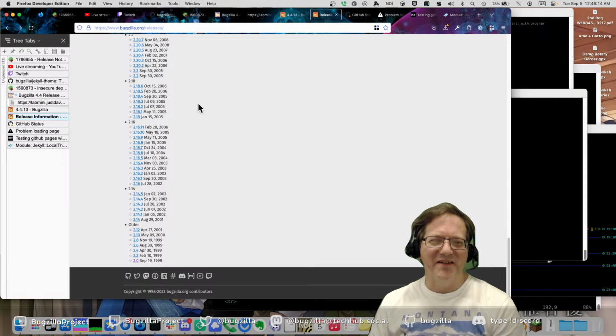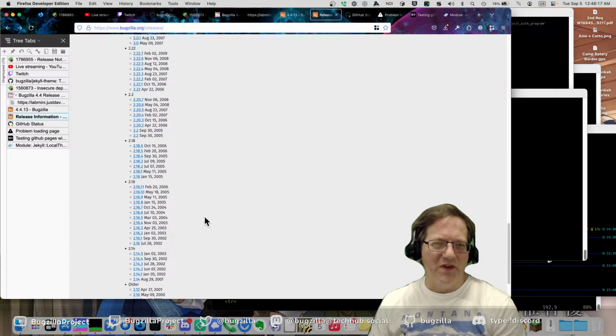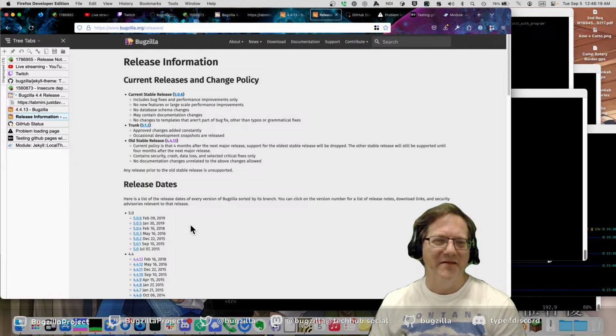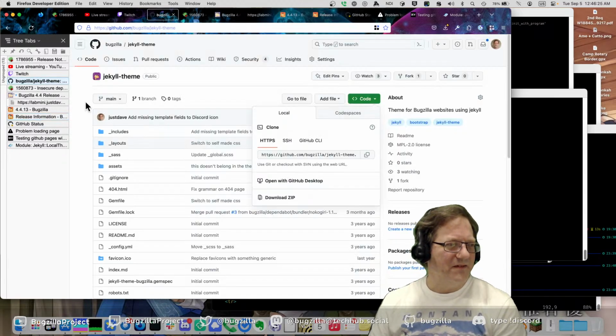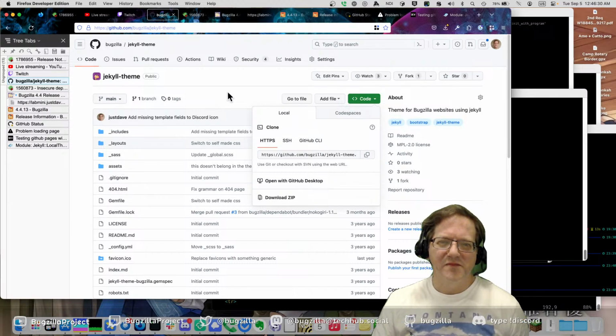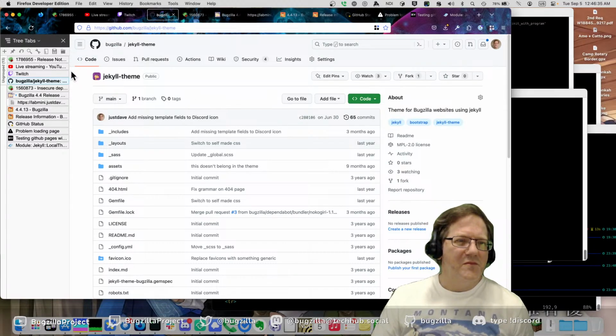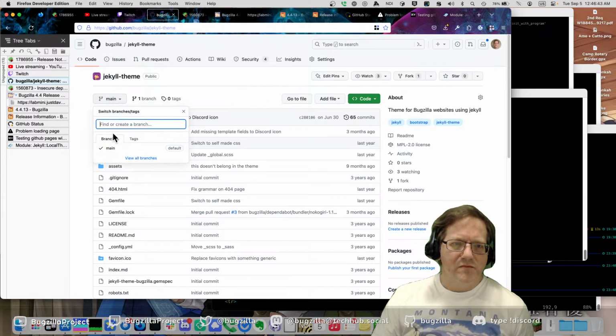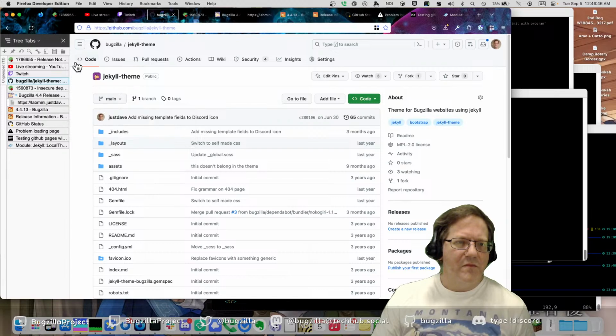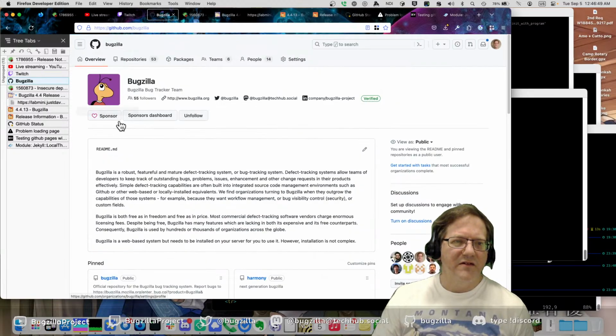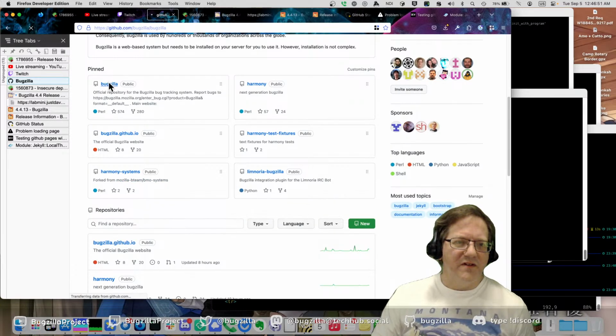The release notes for Terry's blog post. Or a one-line thing in the Mozilla News or something like that. I thought the commit was on the 15th, but here we'll go back to the Bugzilla repository.